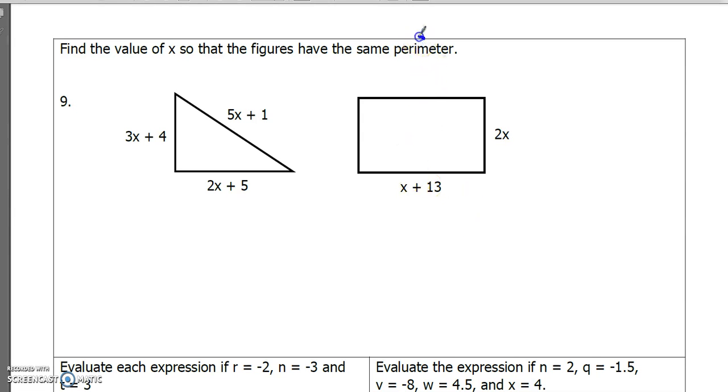First of all, I have to know, what does this mean, the perimeter? And of course it means we are finding the distance around the figure. And so to find the distance around the figure, you're going to add all your sides. Okay? The next word I want to look at is the word,